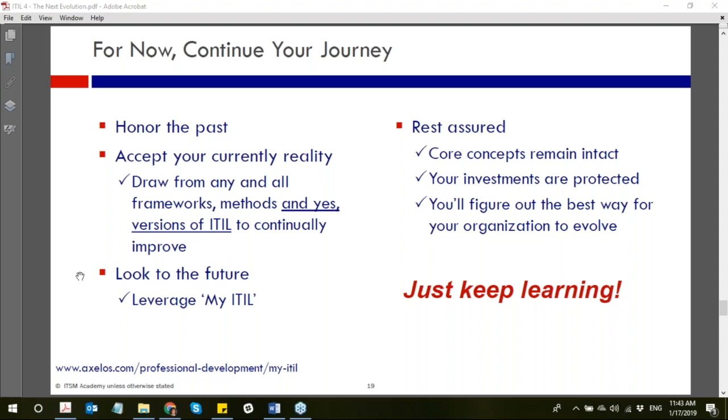There are some bits and pieces of ITIL version 3 that are going to continue to serve us well for years to come. I have to say that I honestly still have my ITIL version 2 books, and within the last year I pulled out a version 2 book in order to look something up that I remembered. Oh, I remember they had some interesting way of presenting this. So you're going to dovetail these together as you continually improve, and then look to the future and leverage